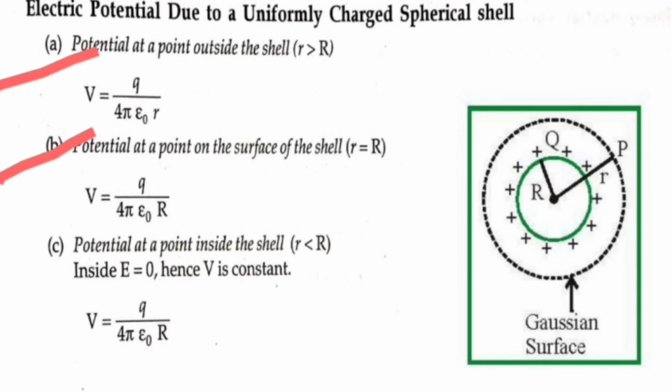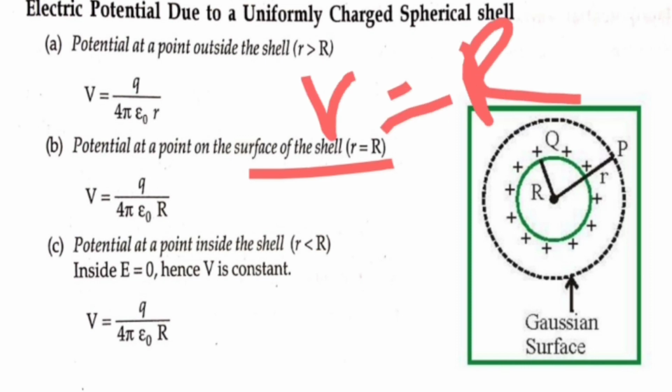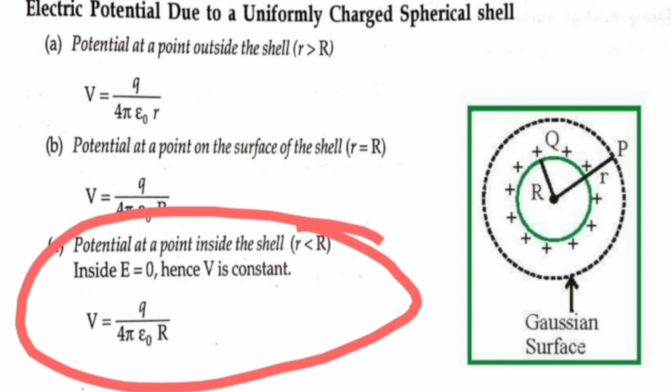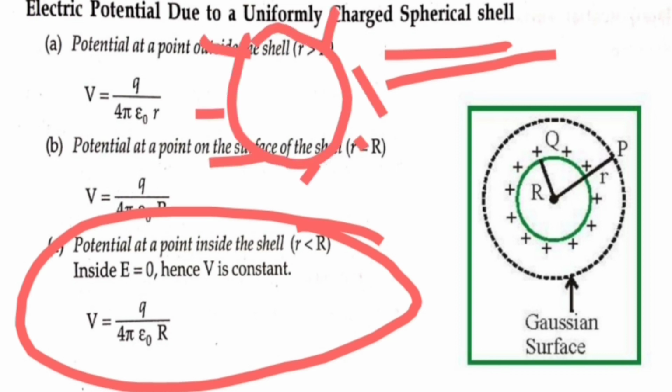In this way you can do A, B, C, all the derivations, but I need to say only 2 points here. First, for the surface one, here r is equal to R. So whichever r you are placing, at the end you need to place the capital R, because this is the authentic one for the spherical surface itself, right? And the second thing is, I am taking a spherical shell, like a regular ring that you wear. Whatever charge you put inside it will come outside, that is, on the surface. So the charges are lying just on the surface.